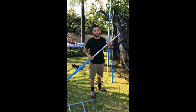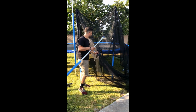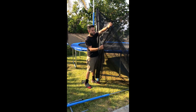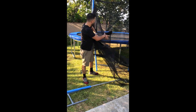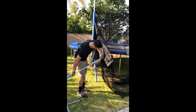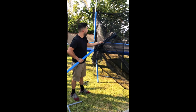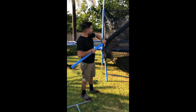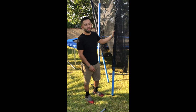So to get started on the net enclosure poles, once you have these put together, you're going to want to take off the blue top, or you're going to leave the blue top on. You're going to get your net enclosure, and to tell the difference whether the net enclosure is inside or out, these pockets are for your net enclosure poles, and these are supposed to be on the outside. So your net enclosure poles are going to be going through this hole right here, and they will stop at the top right here. You want to slide it in the best you can, and then just pull it down. Make sure you keep the foam inside, so that if you or your children hit yourselves on the pole, at least there's some padding. And you're going to want to continue this process until you're done with all the net enclosure